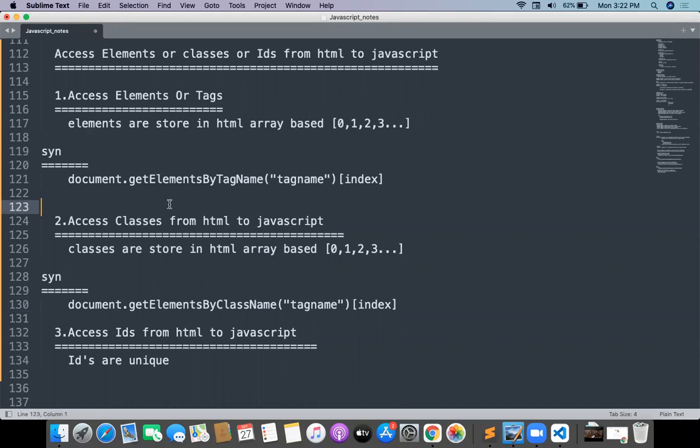Okay, so document.getElementsByTagName, document.getElementsByClassName, everything is going to be plural here.